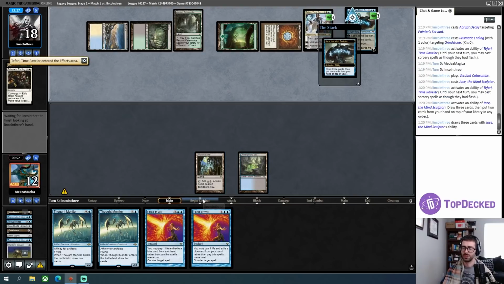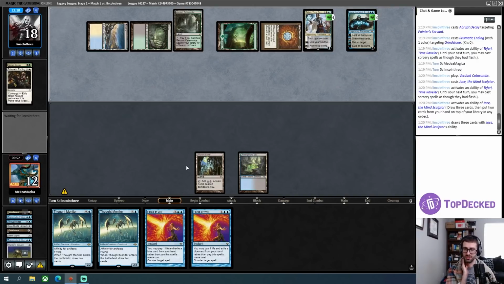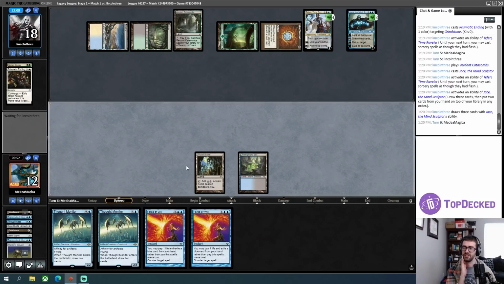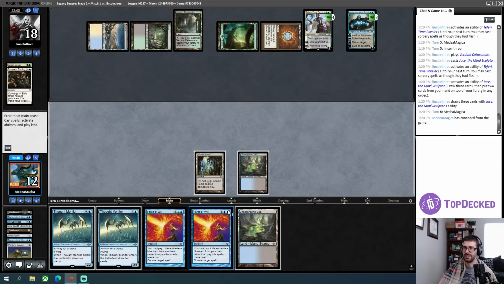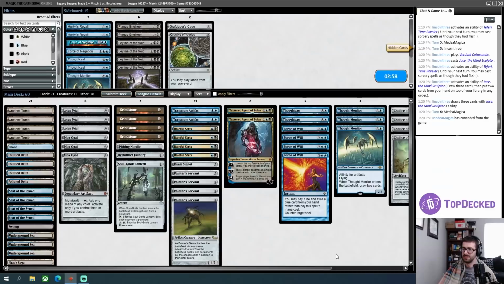This is the point where I think I could realistically consider conceding, because I don't think I'm going to come back from active Teferi and Jace with my opponent on 6 cards and me having 4 dead cards in hand. Yeah, I think I'm going to value my own time here, and just go ahead and concede this one. Alright,